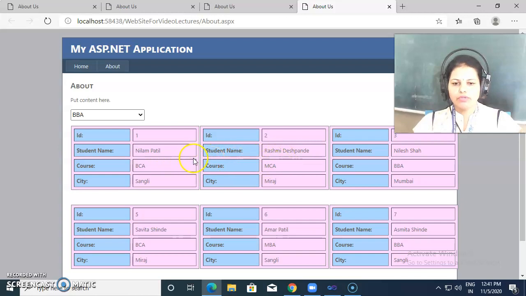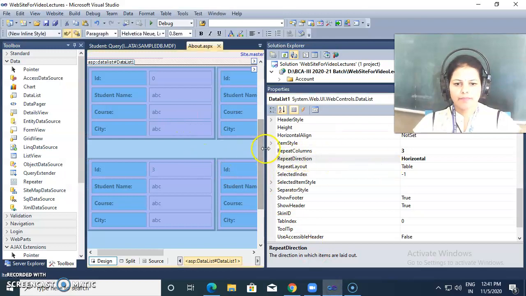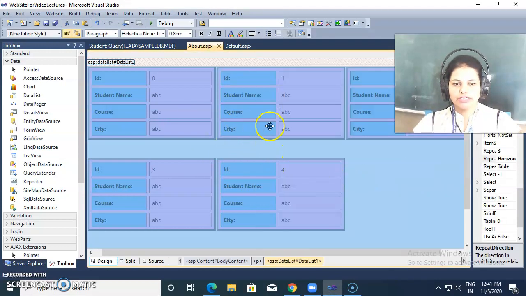Then if I want to space in between these two tables, then how we can give the space? By changing the designs.